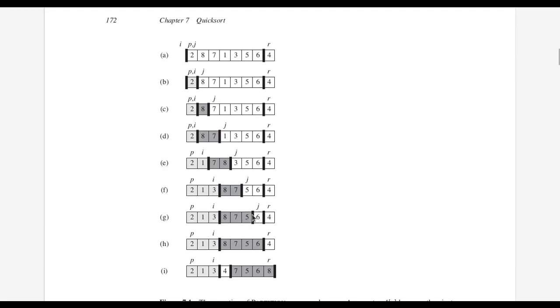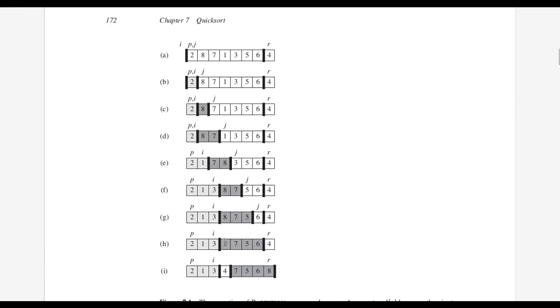So what will happen in the next, I do not say iteration, because the loop is over here. So now this is the scenario, you can see J is not there anymore, it has already reached here. So the next thing, increment I